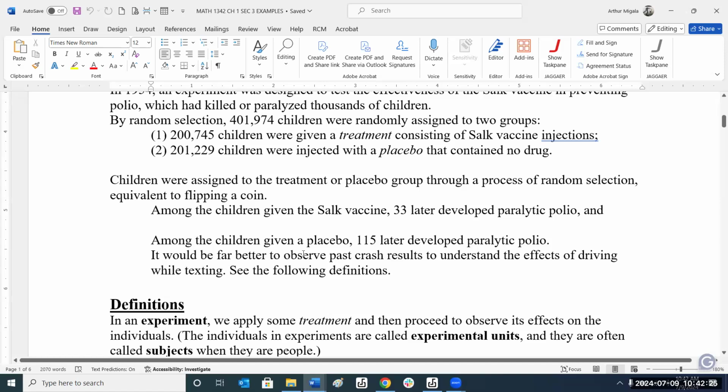It would be far better to observe past crash results to understand the effect of driving while texting. But that's not. But